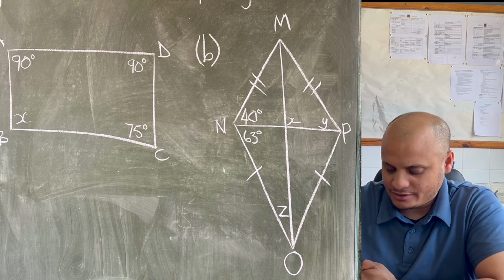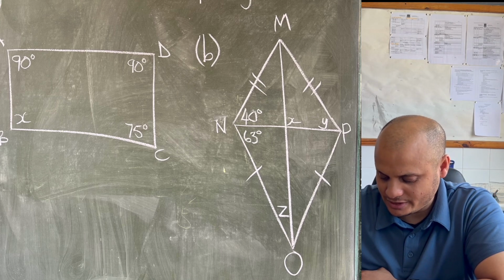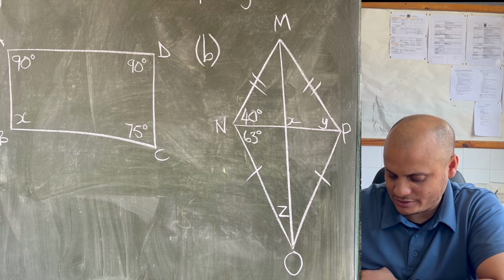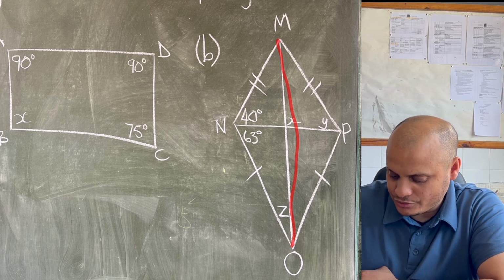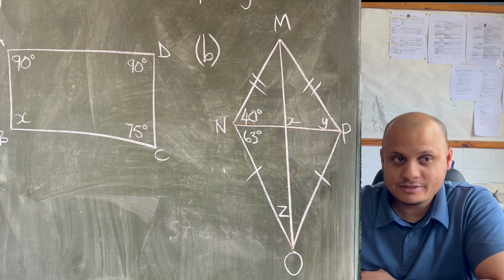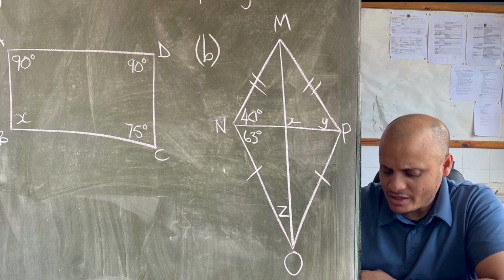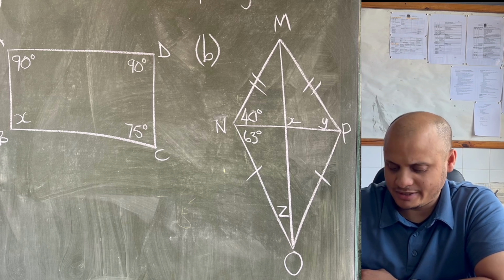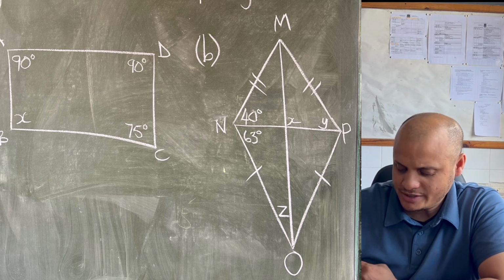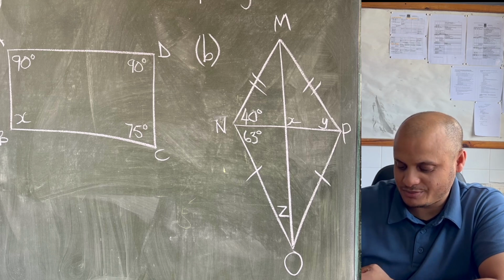I did mention in class that we don't really want to look at this problem because we specifically did not focus on the diagonals of a kite. Diagonals are the lines inside the quadrilateral that run from corner to corner. So OM and NP, they are diagonals, and diagonals are strictly dealt with in the grade 9 syllabus, which is why I never bothered to really get into that, although I did give you this problem to look at just as a challenge, which kind of forces you to take a look at the diagonal properties of this particular quadrilateral,